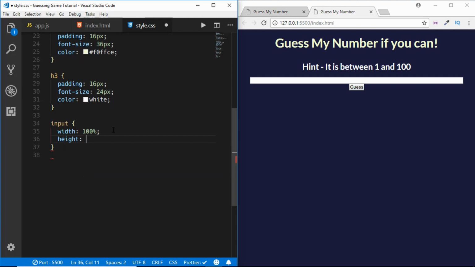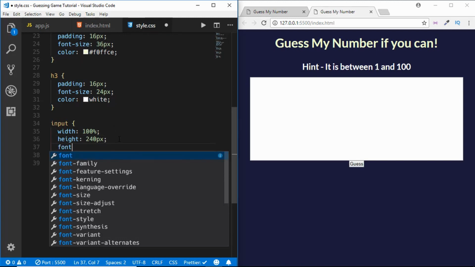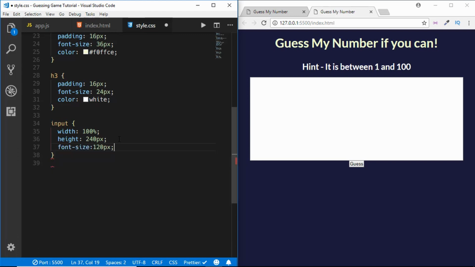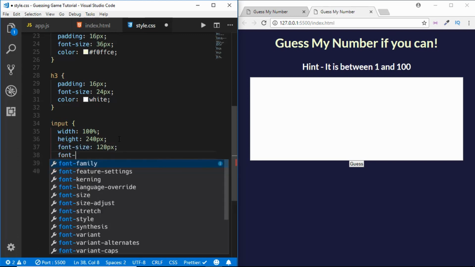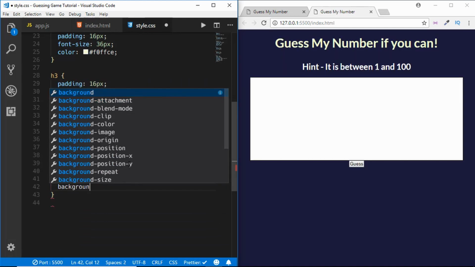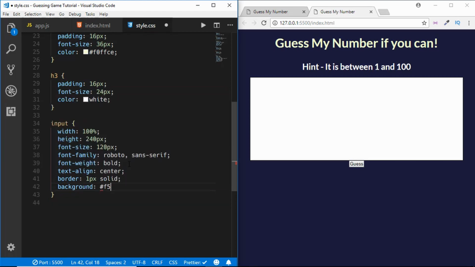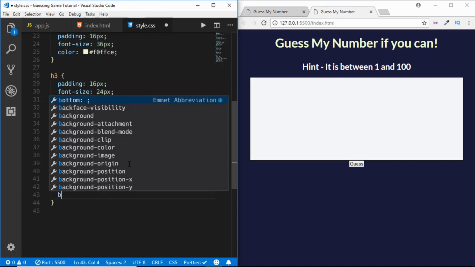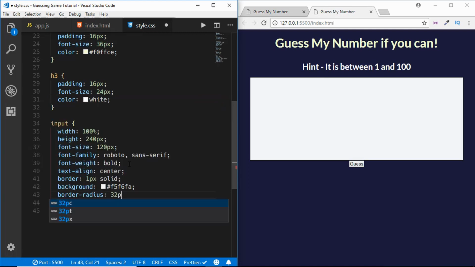Now for our input we will give a height of 240 pixels, then a font size of 120 pixels, font family of Roboto sans serif, font weight to bold, text align to center, border of 1 pixel solid, and a background color of F5F6FA. Then we will give a border radius of 32 pixels